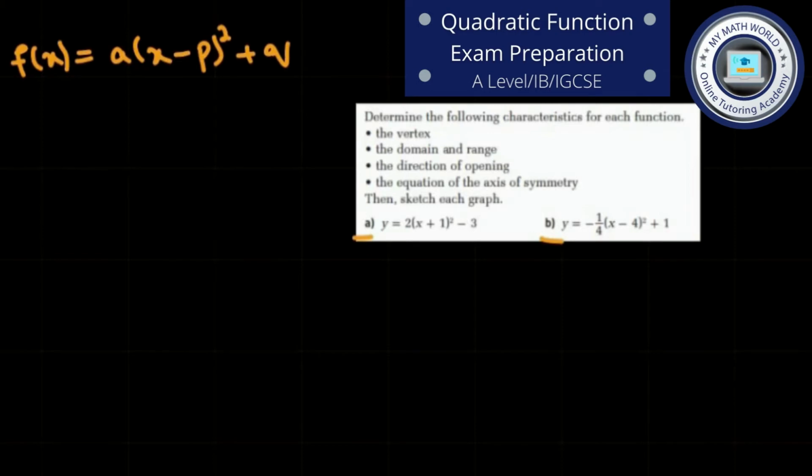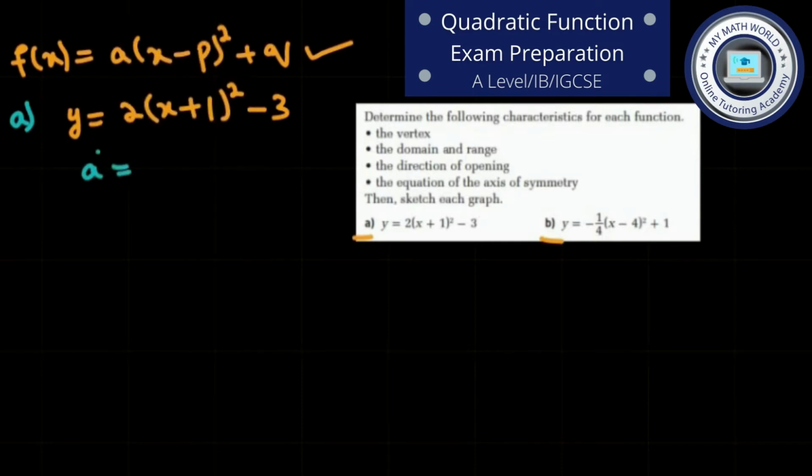We will apply the concept which is in the general equation of the vertex form. Okay, so let's do the first question. Let's write the part A over here, and the equation which is given to us: y is equal to 2 times (x plus 1) whole square minus 3. This equation is comparable with the standard form of the quadratic equation and its vertex form. We can easily clarify that